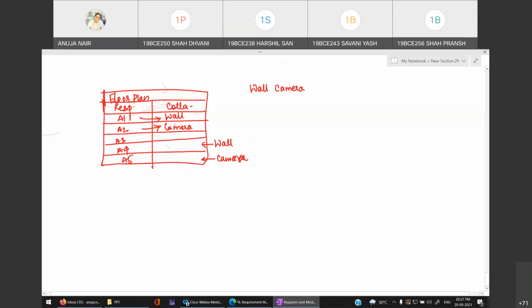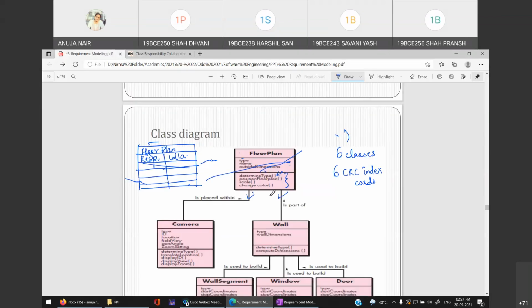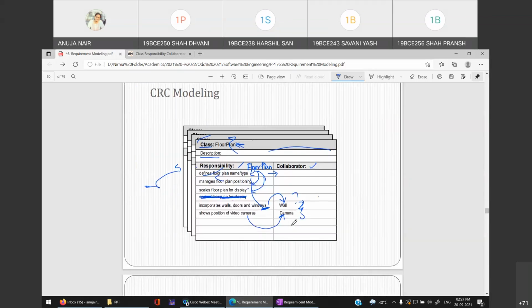So you need to write the collaborator in front of the responsibility properly, and also check that if you have written two collaborators over here, there should be two associations with the class floor plan, and the same classes should be there. It's not like camera is present over here and you write some XYZ class; that goes wrong.